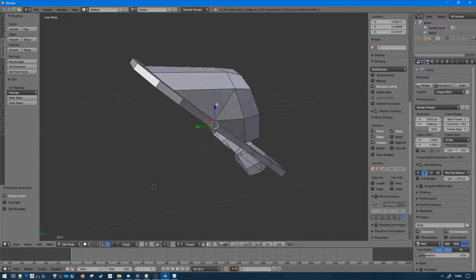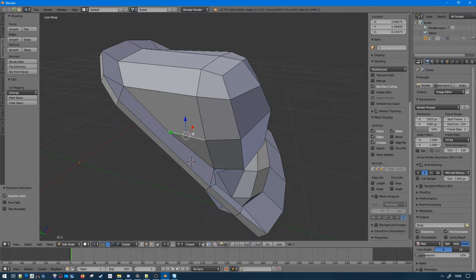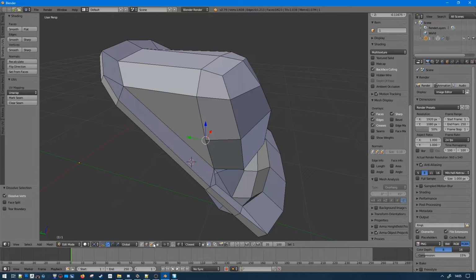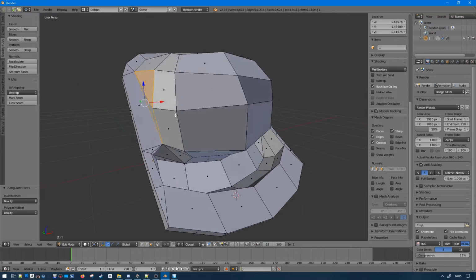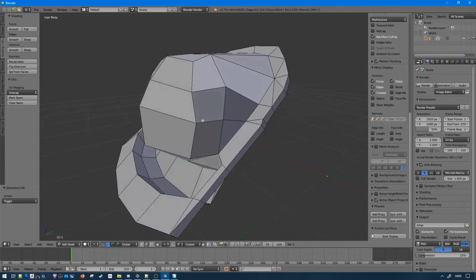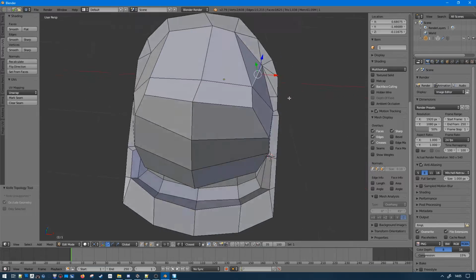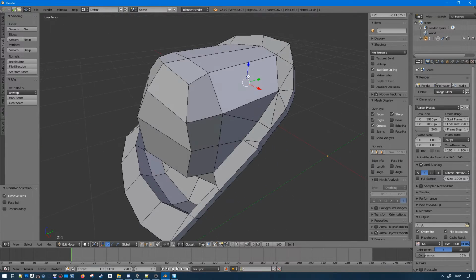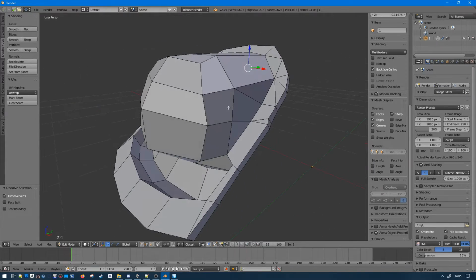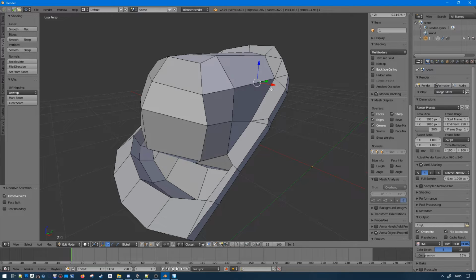Could even delete this one and this one and this one and have it like this. I'm trying to replicate on the other side, like that.